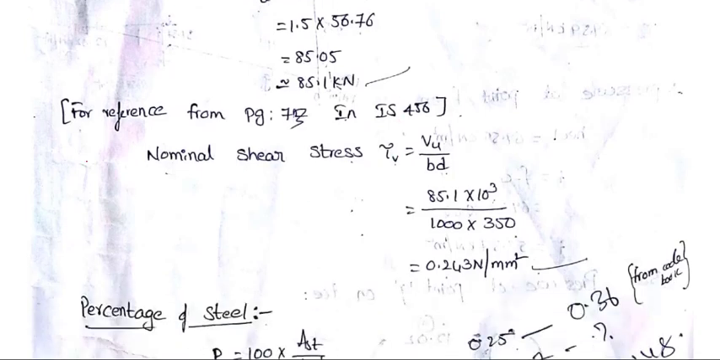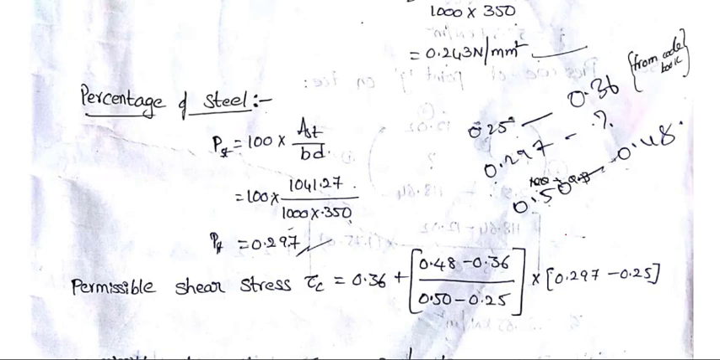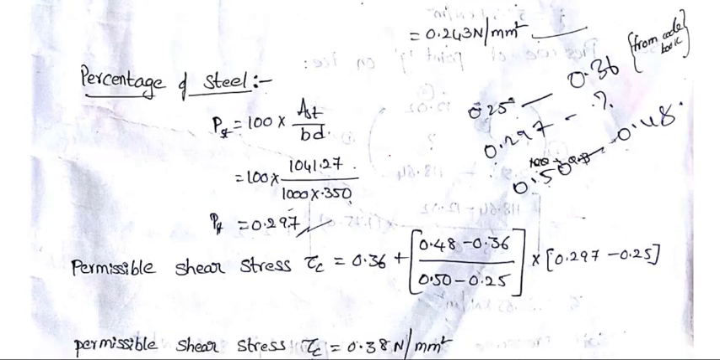So from page number 73, tau V is equal to Vu by Bd. So Vu you know that one, and B is equal to 1000. What is D? Effective depth is equal to 350, so 0.243 Newton per mm square. So next one, percentage of steel is 100 into AST divided by BD. So AST is equal to, you already calculated from the formula, 1041.27 divided by B into 1000,